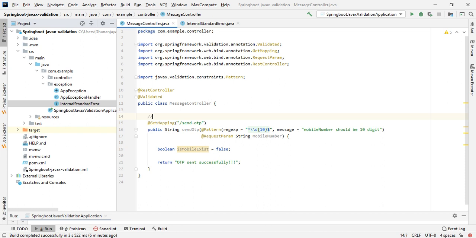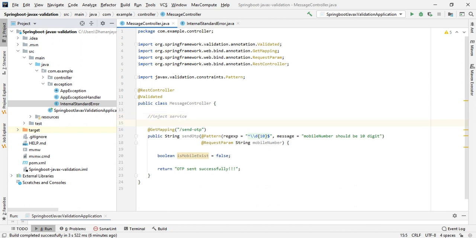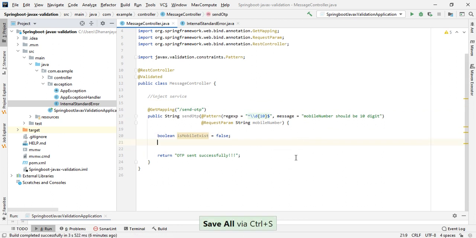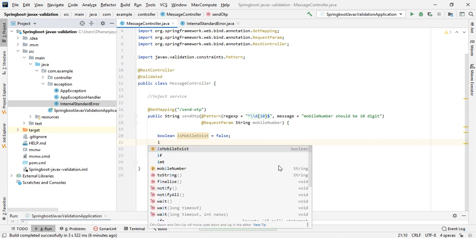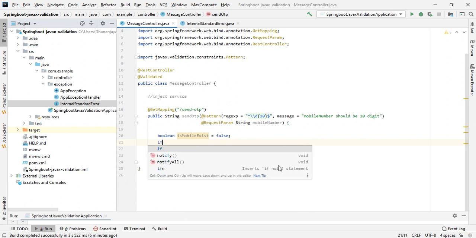Let's say we are injecting some service class here. In this example I am not writing the service class. I'm just writing the dummy variable for that. Okay, so let's write some logic and we'll throw the exception.